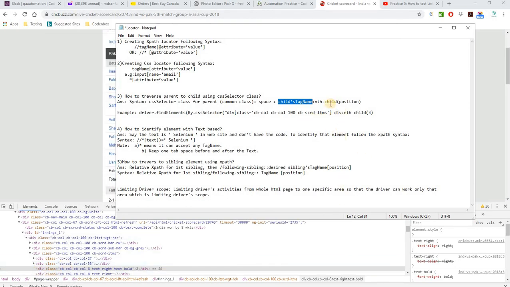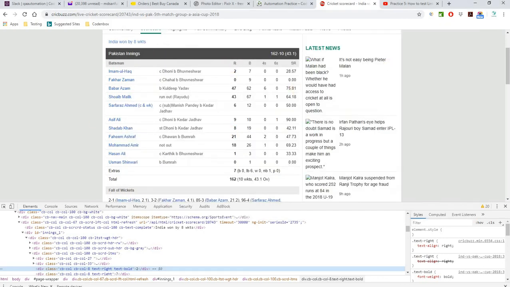So this is the div, then dot nth. If you have multiple children, we have to confirm the specific child number, the position, the nth child, and this position is third. So this is our locator, specifically to narrow down to the R column, this column. Okay, so I'm just going to copy this,